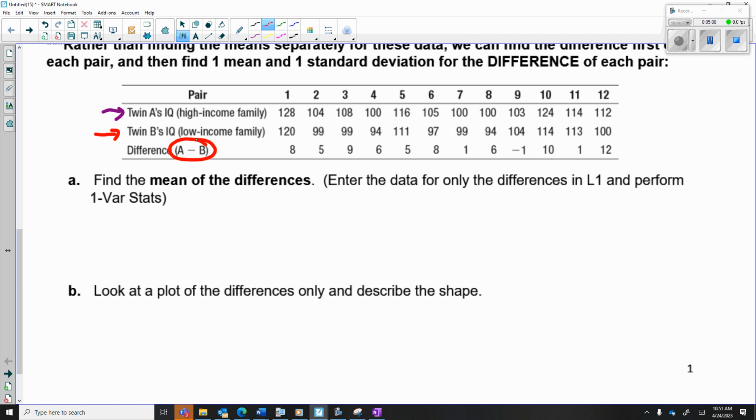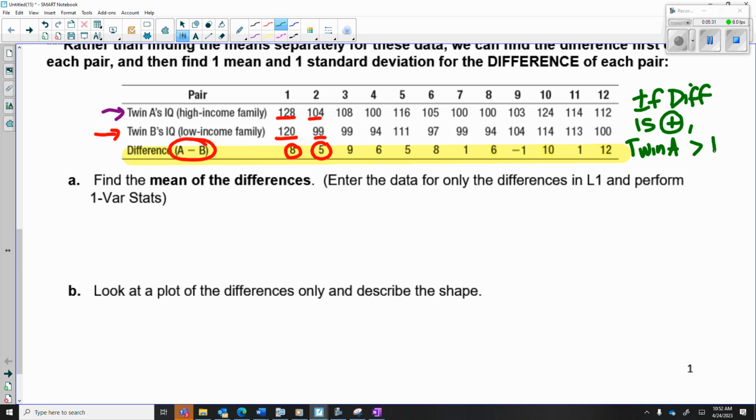A minus B here, and it's important to determine the direction of which way you're subtracting every time and be consistent here. So they did 128 minus 120, and they got 8. Then they did 104 minus 99, and they got 5, etc. And notice if you look at this last row, I'm going to highlight it in yellow, this is the difference column. Okay, and if the difference, let's write this down, if the difference is positive, that means that twin A